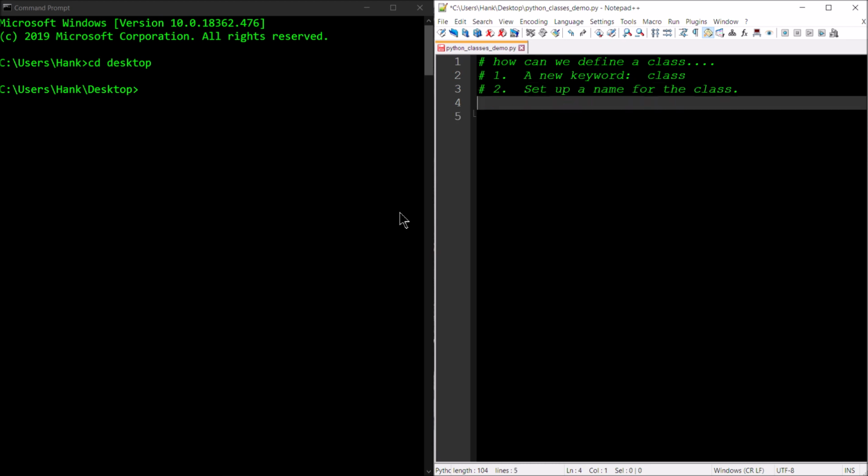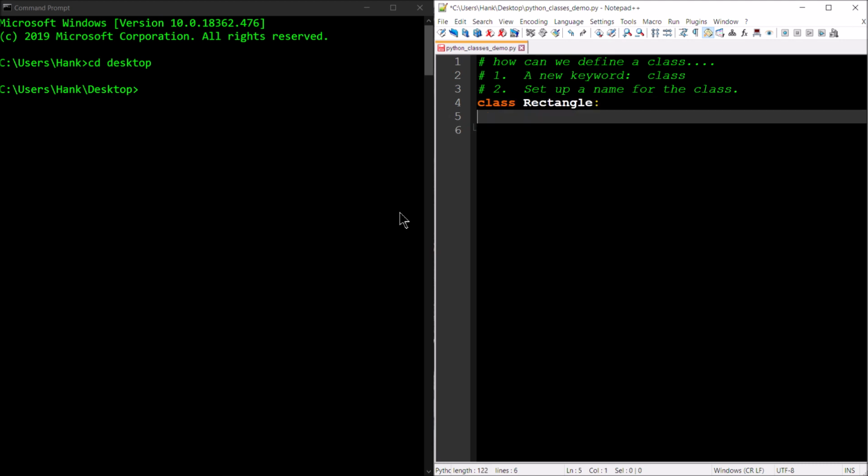So let's go ahead and get the Rectangle started. I'll say class Rectangle. Now everything that is part of the block following that header, everything that's indented, is going to